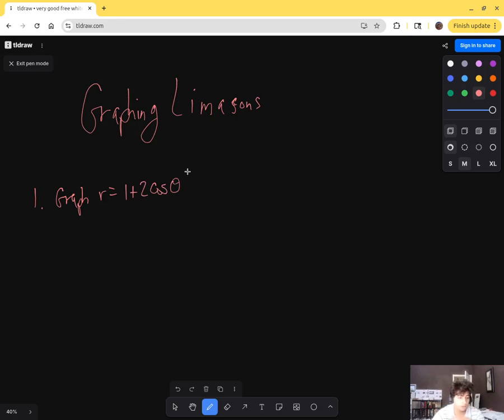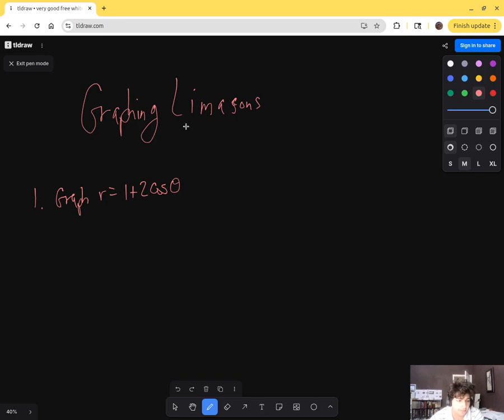Okay, so in order for there to be an inner loop, a, which is this value, and b, which is this value, a must be less than b. 1 is less than 2, so there is an inner loop. Now we need to know the direction it's opening, how long it is, and the tip of it, right? So because there's plus 2 cosine, that's going to be opening to the right. So how do we find this? Well,